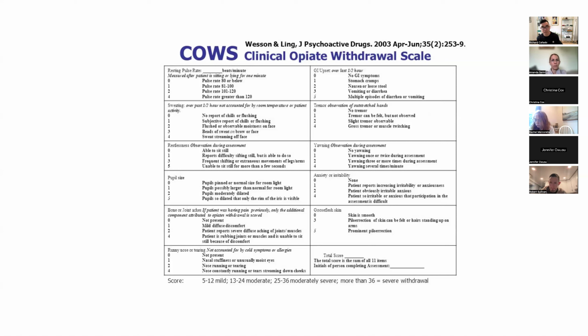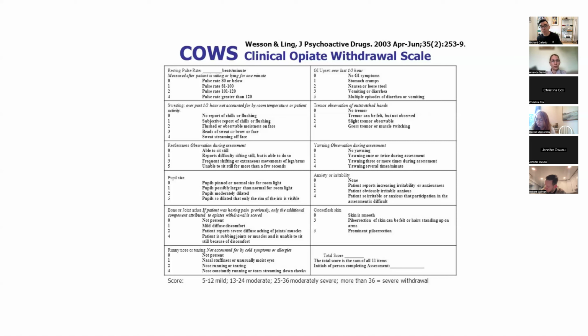So that's why sometimes, if a patient comes to the office and they're not in withdrawal, we actually have them wait around a little bit, like an hour or two in the waiting area. And of course, there's going to be a nurse monitoring them, checking them, doing a COWS maybe every hour, every half hour. Once they hit that moderate score, then they'll knock on your door and say, hey, this patient is ready for Suboxone, right? Or buprenorphine, because they're in moderate withdrawal.